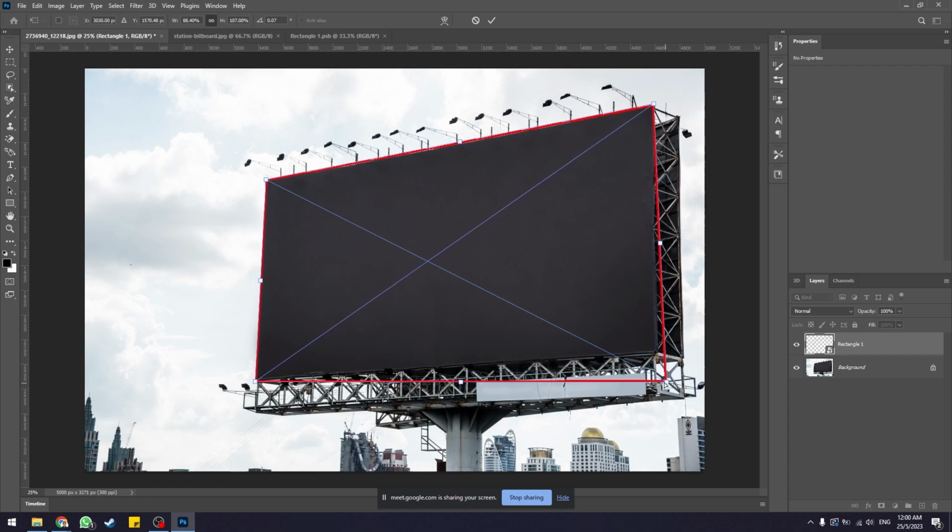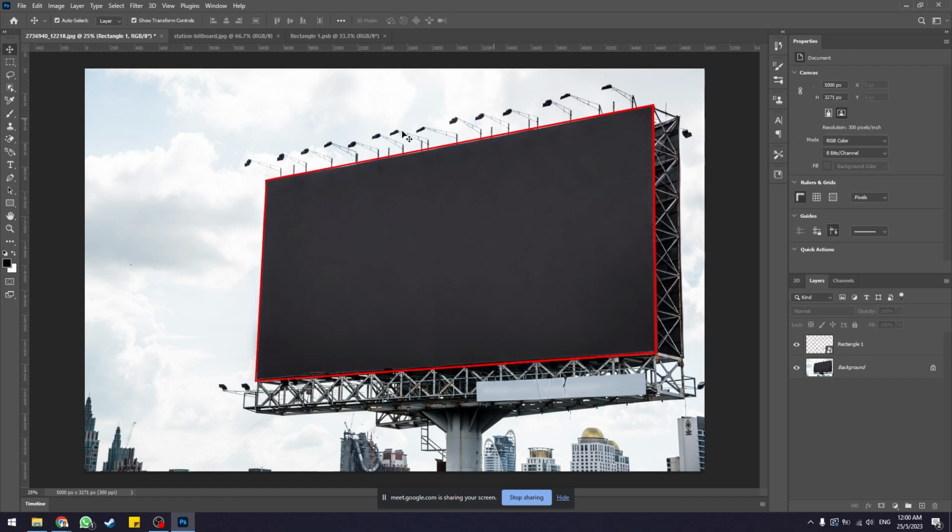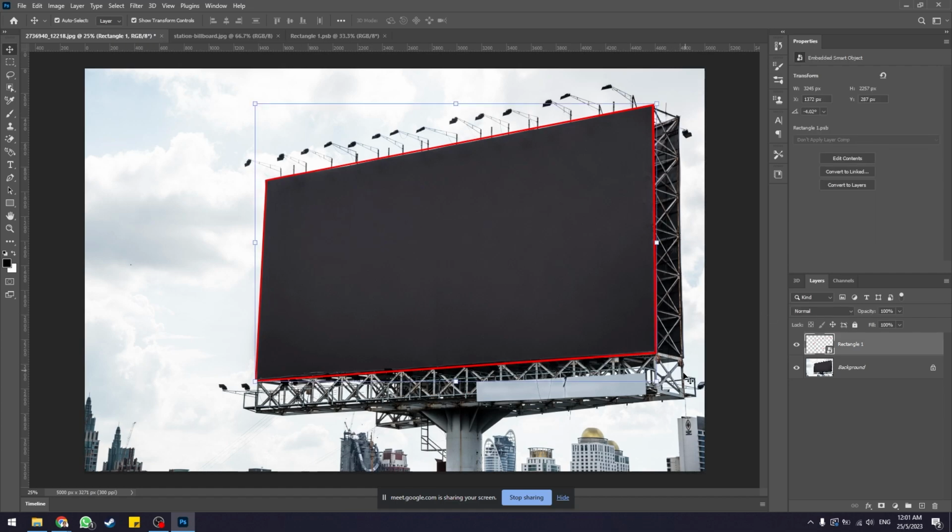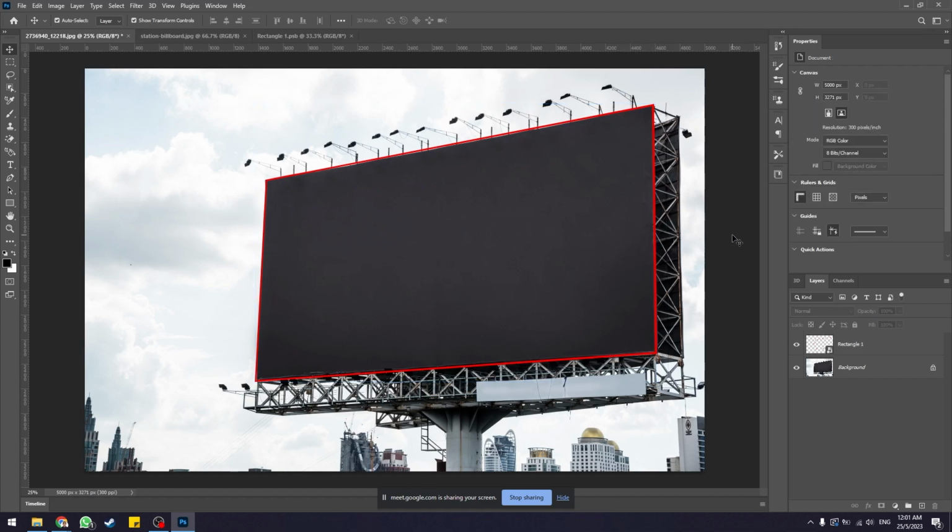I already have demonstrated this in class. You just need to move this until the shape just snaps into the billboard approximately. And once you are happy, just hit enter to confirm the shape. And you'll see that the rectangle now has already been warped or distorted into the perspective billboard here. Once you're done, you basically have the smart object set up for this project,